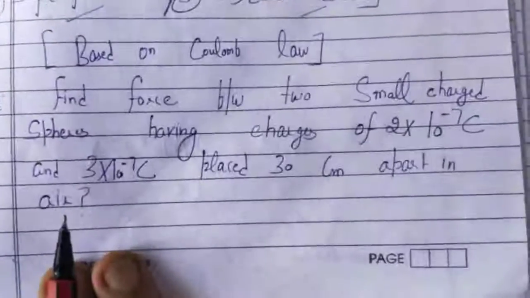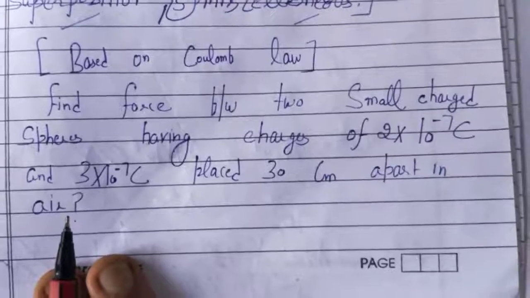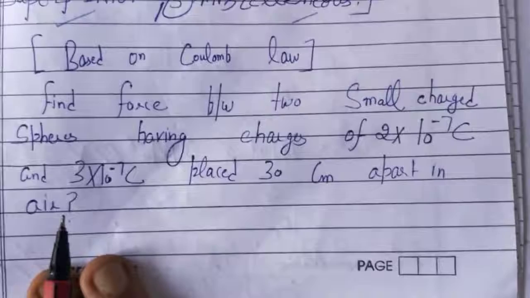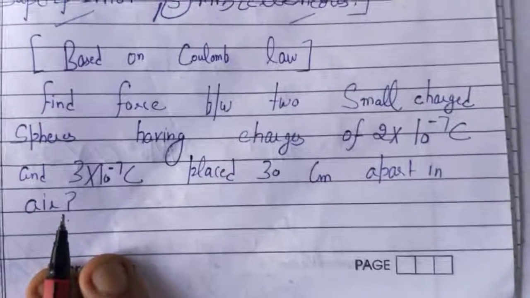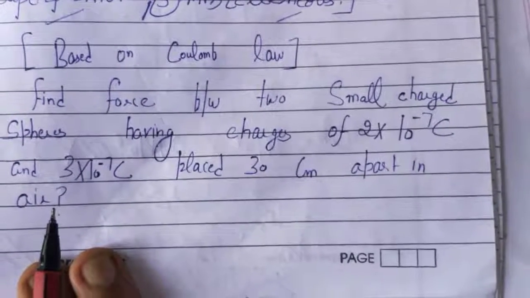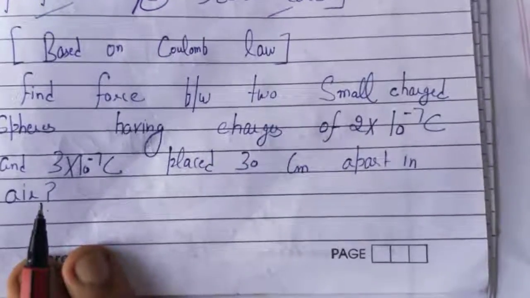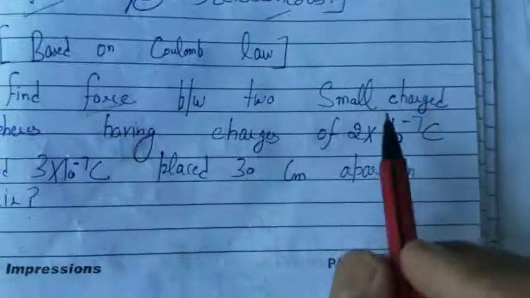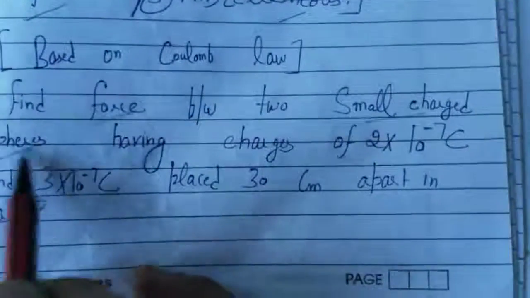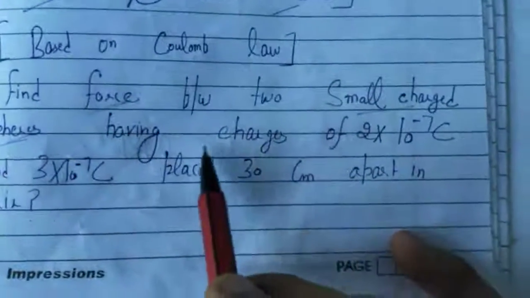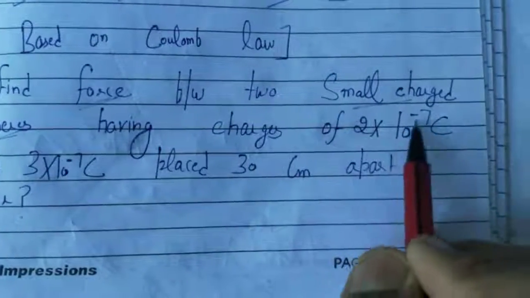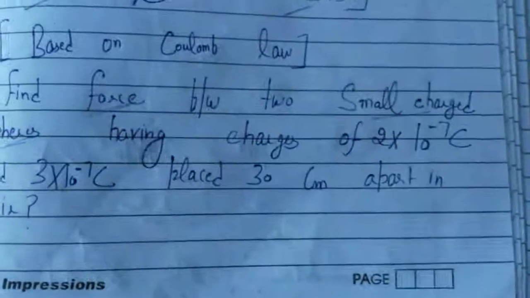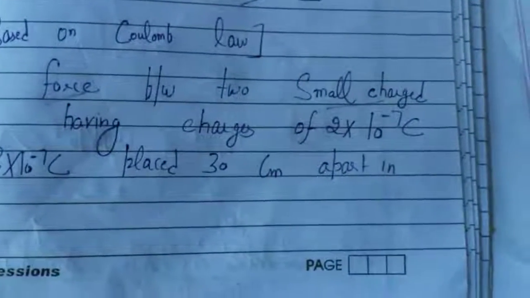Just copy this statement first. I'm giving you some time. You can pause your screen to write down this statement, and I'm reading it for you. Find the force between two small charged spheres having charges of 2 into 10 to the power minus 7 coulomb and 3 into 10 to the power minus 7 coulomb, placed 30